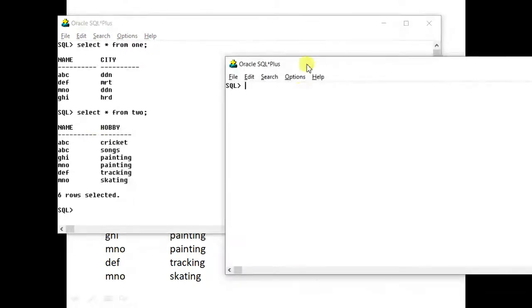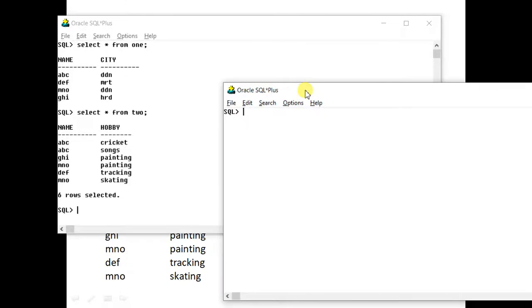So what you want is to see the information collectively, as if they are in a single table. Please note the words as if. As if means they will not be in the same table, but the output will be displayed to the user as if they are in the same table. This is the use of join. So I will type select star from 1 comma 2. I will follow the same Oracle internal proprietary syntax.